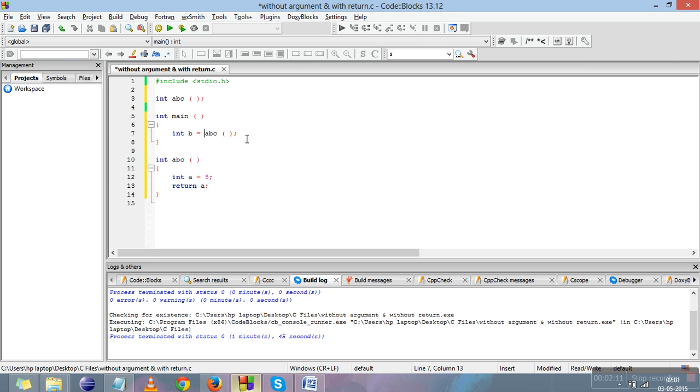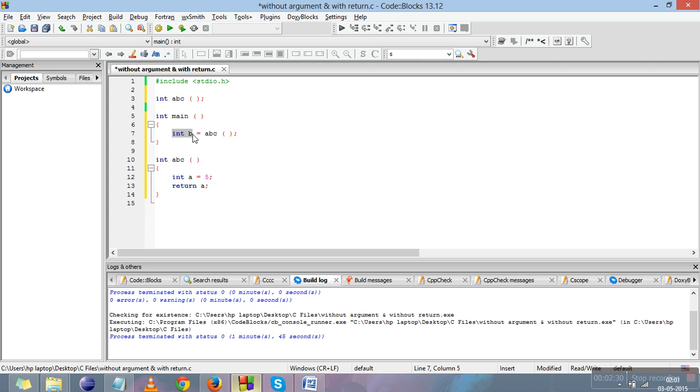So what happens here: we declared a function abc. In the main, it sees that an integer b is calling the abc function. When it sees abc, it jumps over here, it assigns the value a is equal to 5 and returns a over here.